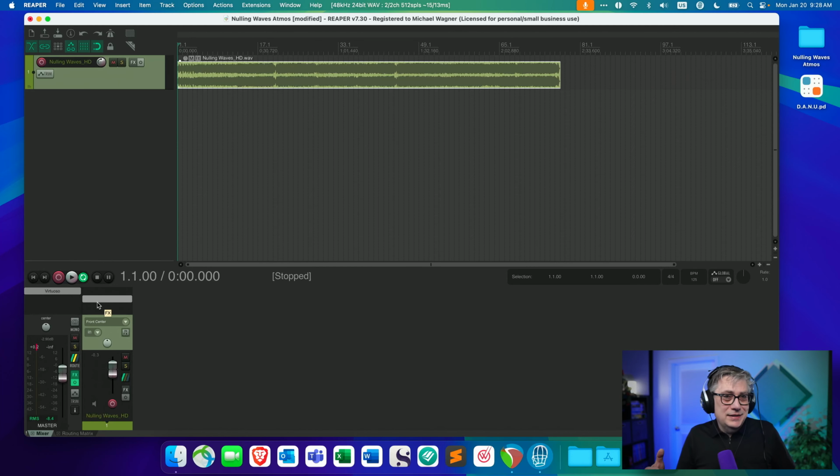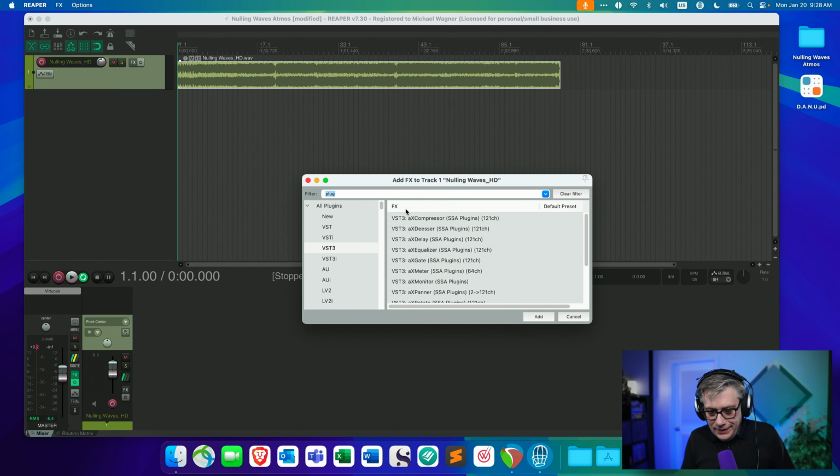What we need to do is load not the Dano plugin itself, because Dano once again is a script in Pure Data, and for that to work within Reaper, we need to load it into another plugin called Plug Data, and that plugin Plug Data is completely free. You can download that for free. I'm going to leave a link in the description below, and then we simply load that script into Plug Data.